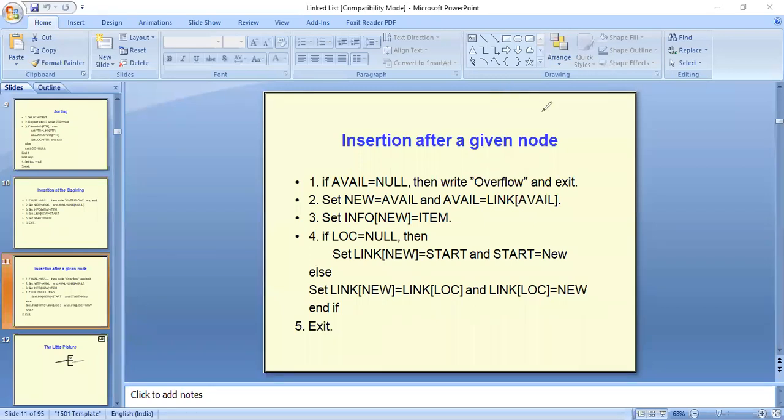So let's start. We have to first check again for the overflow situation. If AVAL is null, that means it is a situation of overflow. So if our AVAL is empty, that means we cannot have a new node, and we cannot add a new node into the linked list. So it will simply write it's a condition of overflow and it will exit. Otherwise, what we have to do is,